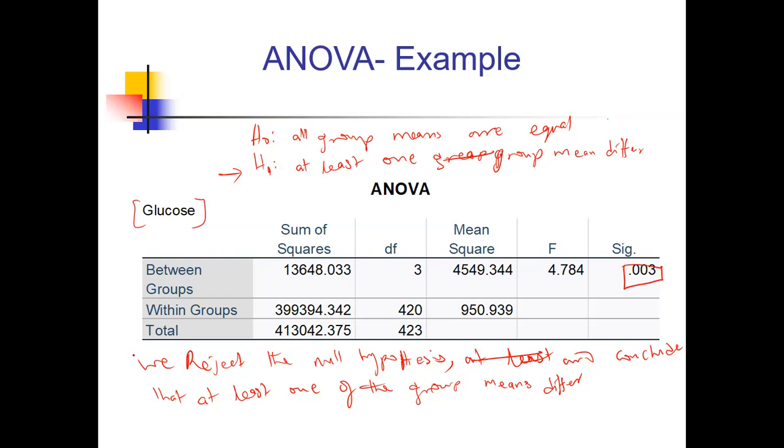So you want to write the statement in the context of the problem, right? So this is a general template. So I should be saying at least one of the groups of women has a glucose level that differs from every other one, right? And maybe I should write it down here in green. So you want to make sure that when you're reporting your results, you're reporting them in the context of the problem you're solving. Okay. So we could say that at least one